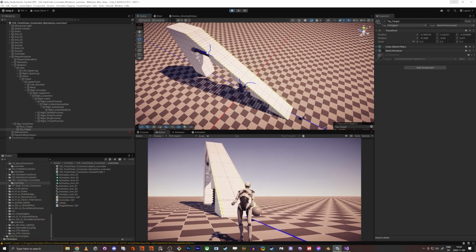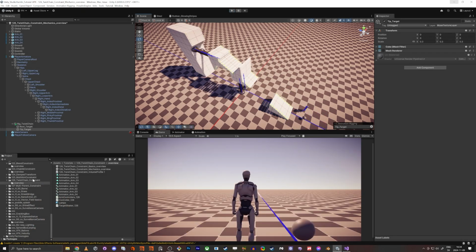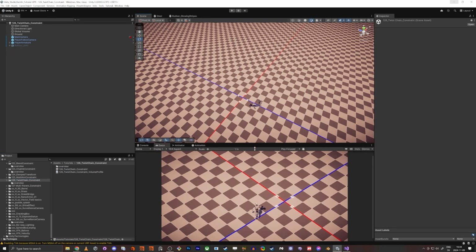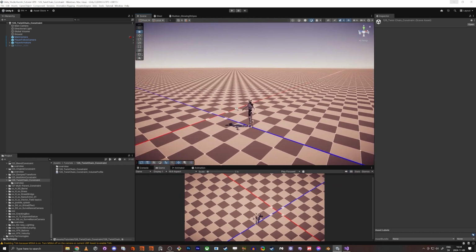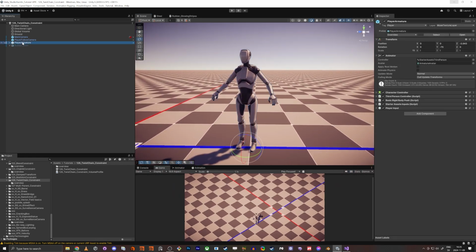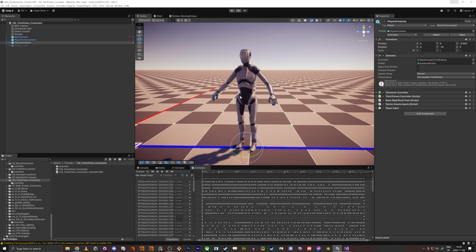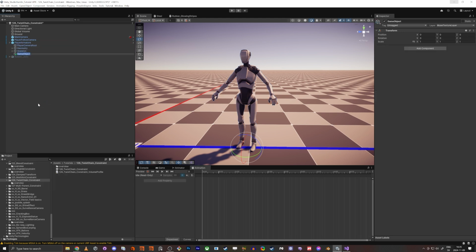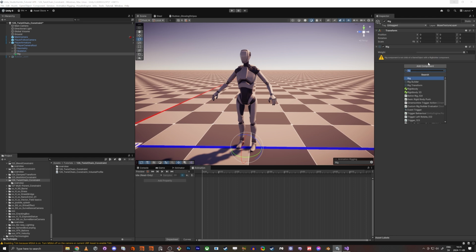Cool. So let's get started from a fresh scene, and I have that one prepared here. What we're going to do is just use the default character that Unity has. If you look into the player armature, you have the animator at the bottom, and that's great. Where we have the animator, we're just going to add an extra game object here, and I'm going to call it rig. And here I'm going to add a rig. And also